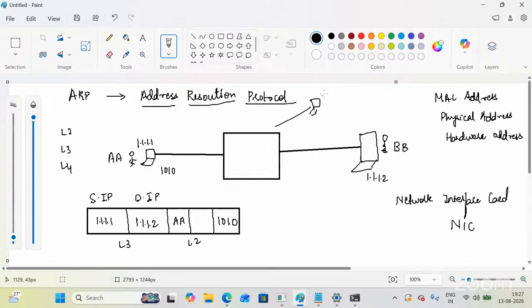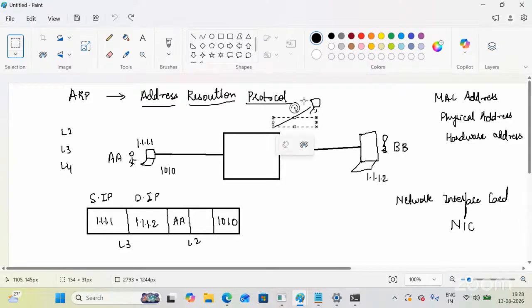You know his IP address. Everybody is in the 111 network only. I know his IP address, but would you know what the network interface card address of these computers is? Would you get to know? No. It is difficult for every machine to know